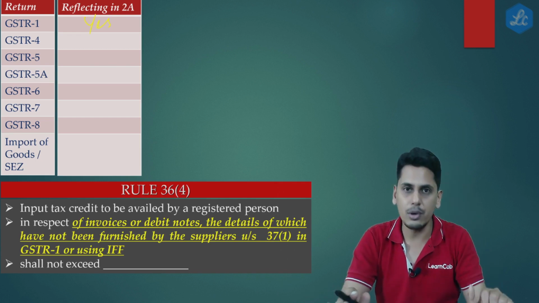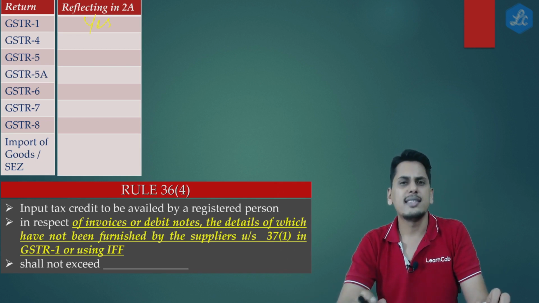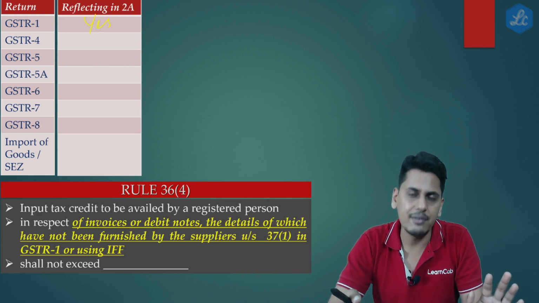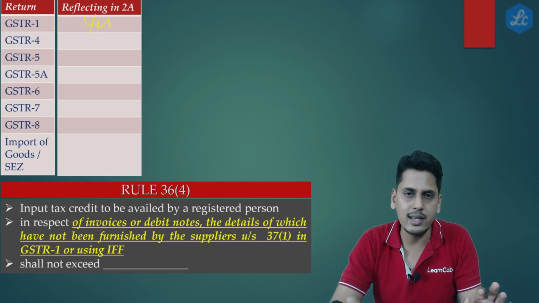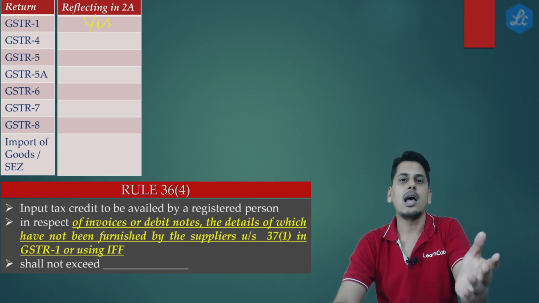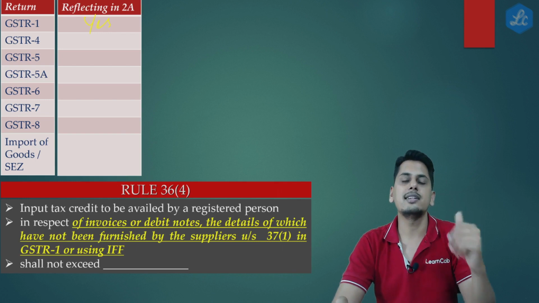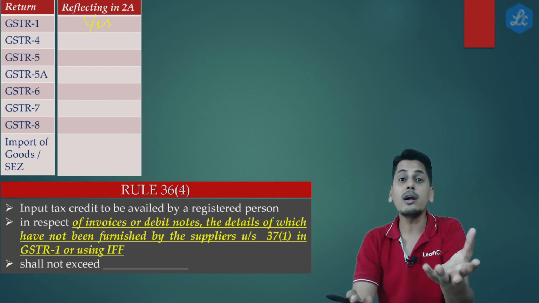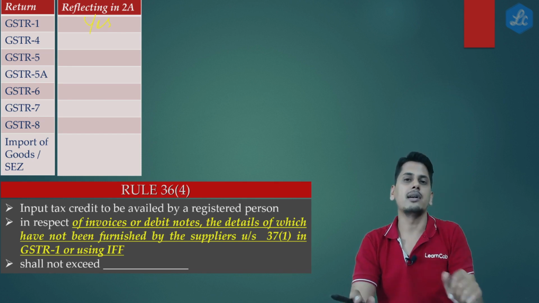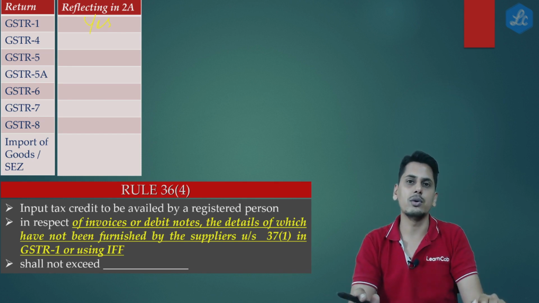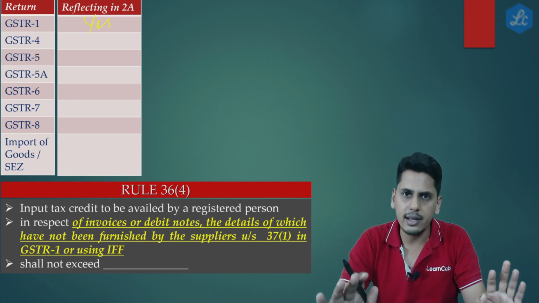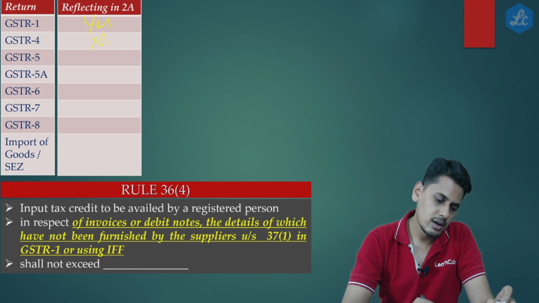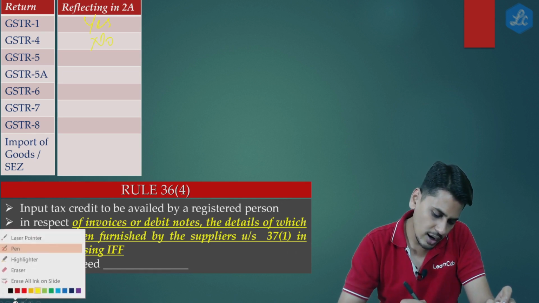the purchases which I have made from a composition taxable person. Second, when you are filing GSTR 4, you do not give any invoice level details. So when you do not give any invoice level details, obviously, how can it get reflected in my GSTR 2A? All that you are going to give is only the total turnover. You do not give to which recipient or customer you have made this turnover. You just say this is my total turnover. So from GSTR 4, reflection in 2A doesn't happen and it is not required also.